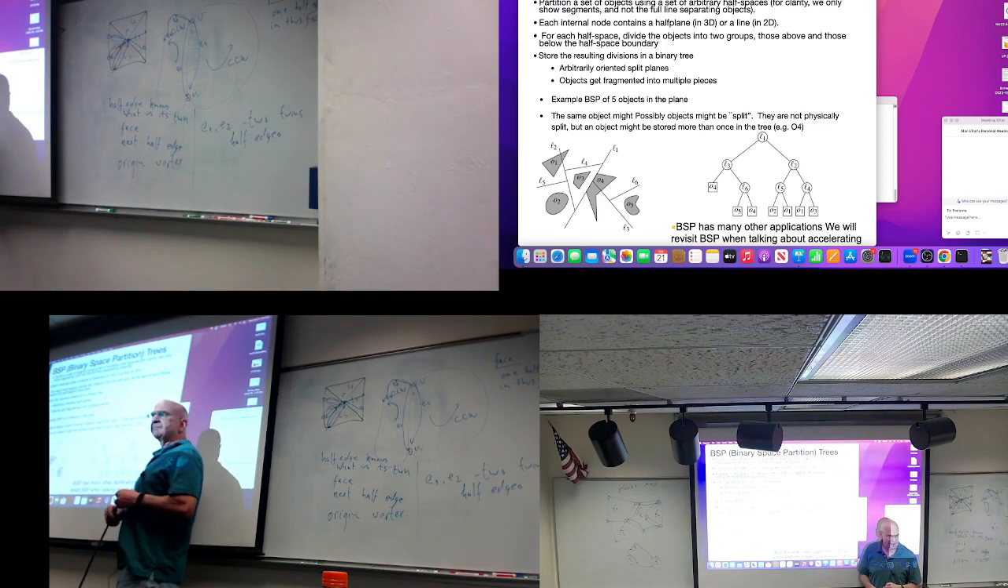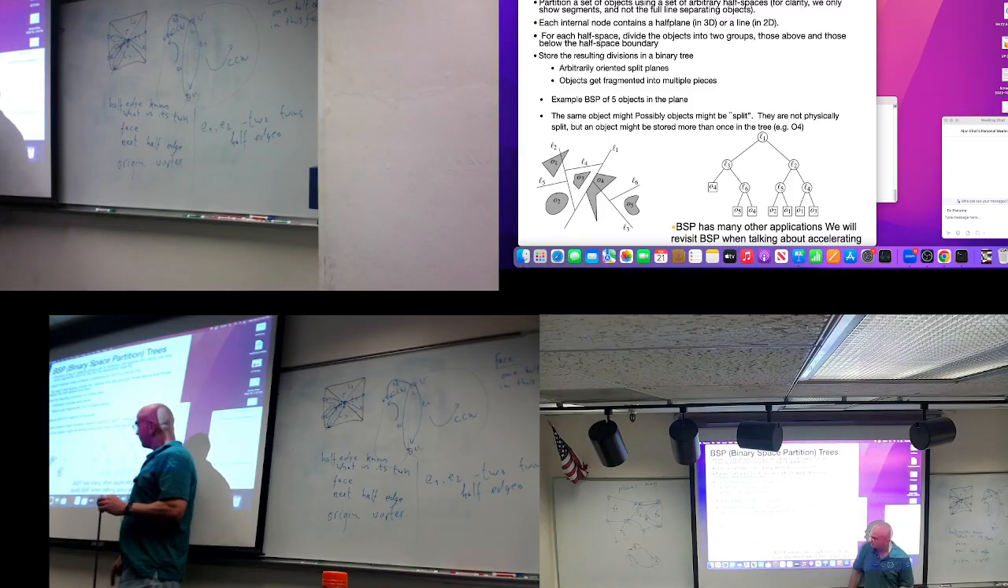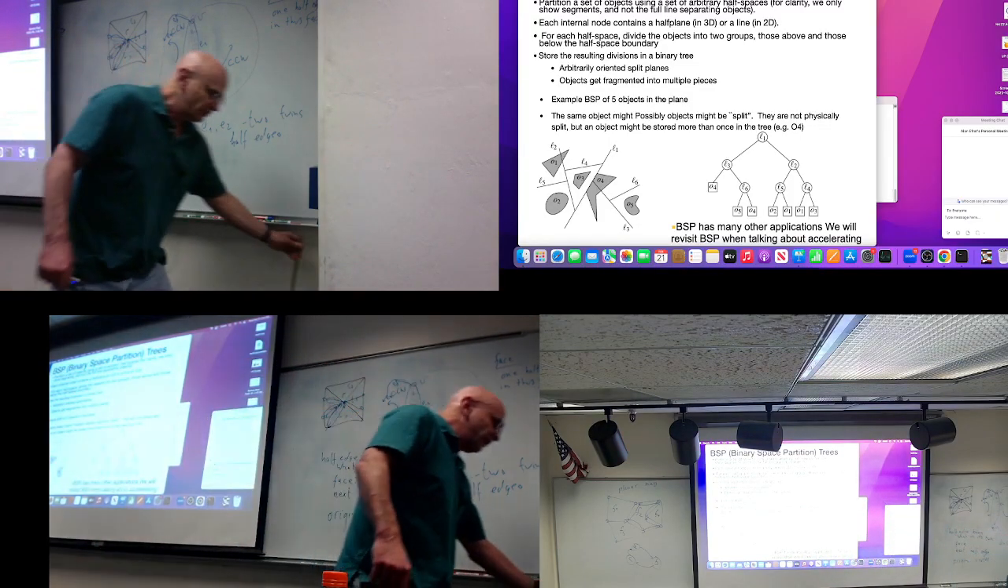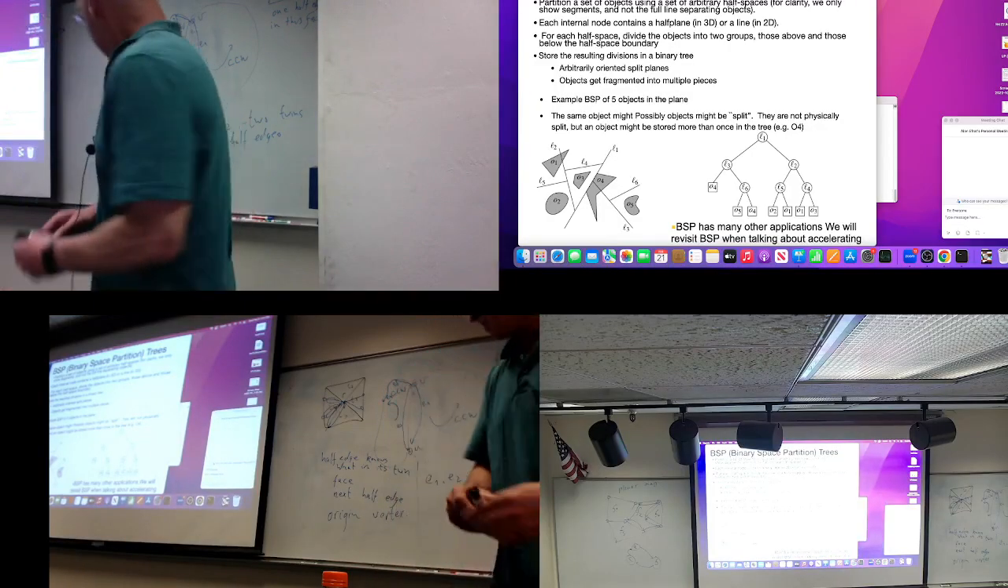So binary space partition is a hierarchical data structure, one of quite a few that we are going to see. So in each one of these data structures, just to give you a promo,